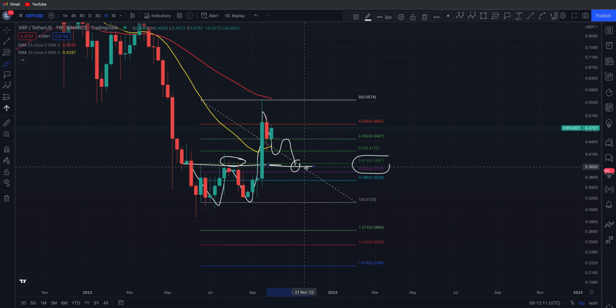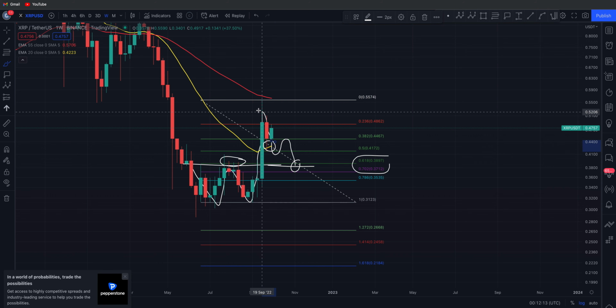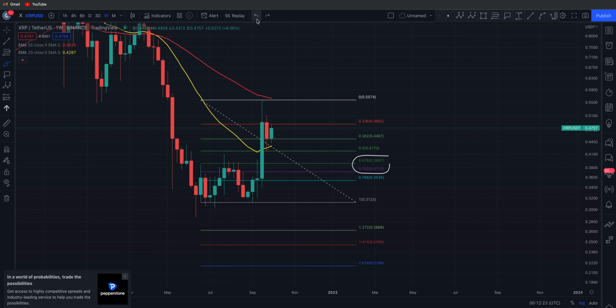okay? Potentially, okay? If we can hold the weekly 20 and the daily 55 EMA, sorry, and squeeze up and break out here, I would look for a retest of the weekly 55 at a minimum. Okay, so it's literally all about holding this pattern here, being squeezed into this corner. You got the price coming down on us. Okay, you got this EMA creeping up. If we can coil up here and get the break, I think you're looking to come up and retest that